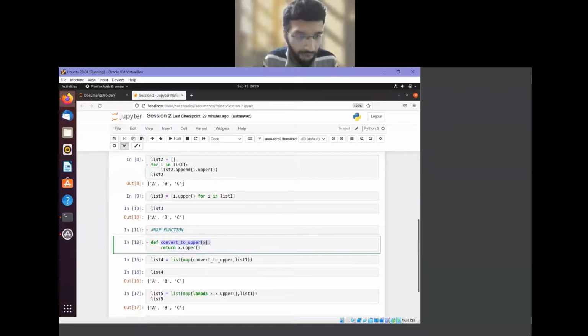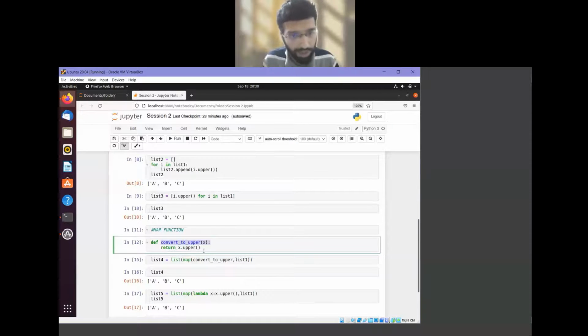If I have two arguments, x comma y, that will come here, and whatever is inside my function body will come after the colon. So before the colon it is the lambda, because I am not naming the function. Then the arguments, here they will come in brackets, but here we don't want brackets. Then after the colon, whatever operation we want to do.